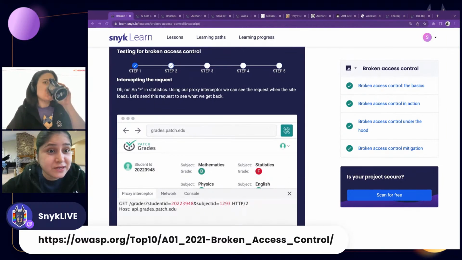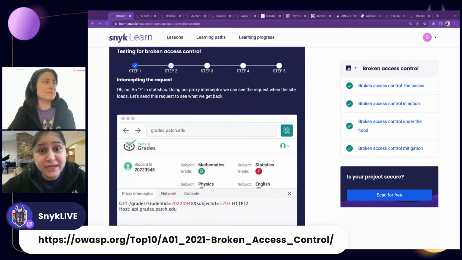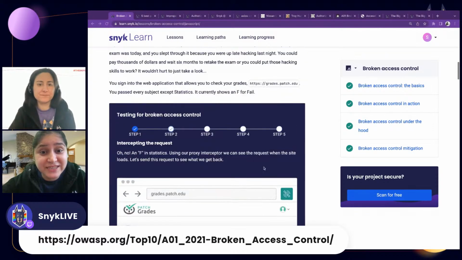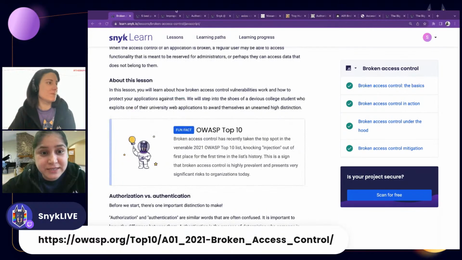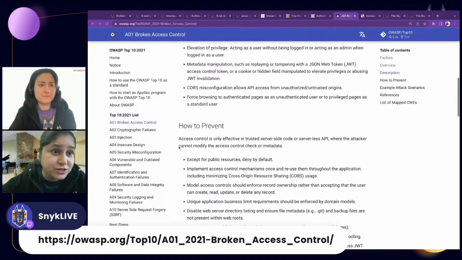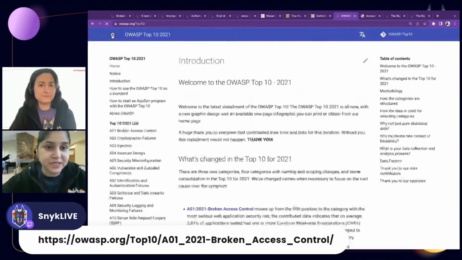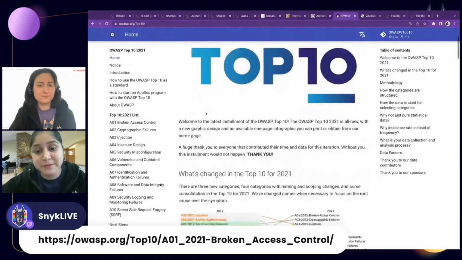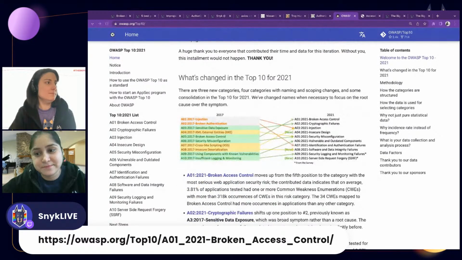That's why people have been worrying about it, and this has moved to the top of the list. Broken access control has been there for almost ages, right? Since we were kids, this has been there. Now we've grown up, we have seen this, but now it's coming on top. It means that this has become a big concern and needs to be addressed. If we don't work on it, we're going to have big trouble. And it actually encompasses multiple things. It's not just a single issue; there's a big chunk which needs to be addressed.